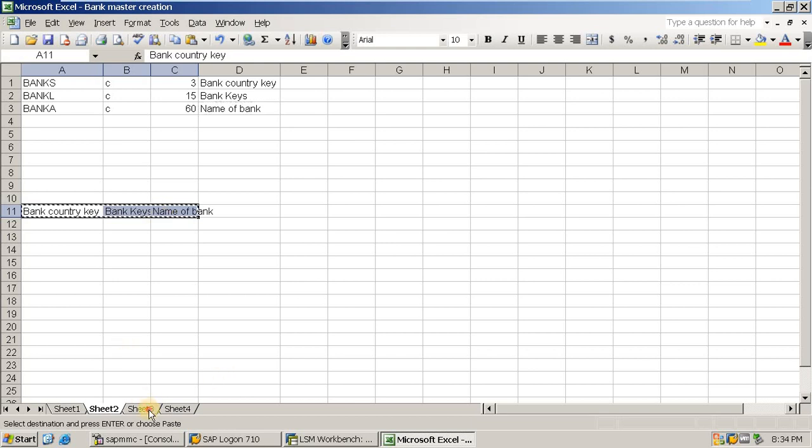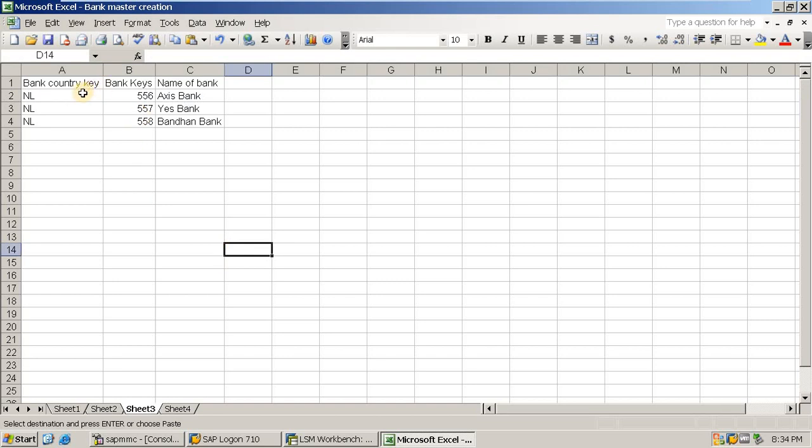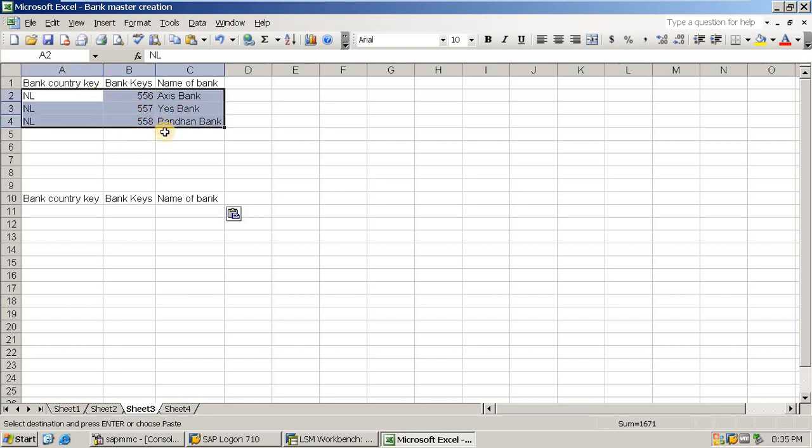Copying this, going to the next. See, these are all my keys that are parameterized. I already have done this Excel work, and this is the one that I have maintained earlier as well, and under the same, these parameters I wanted to be created. So now let me parameterize once more.